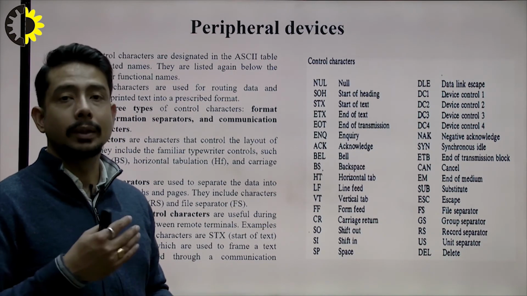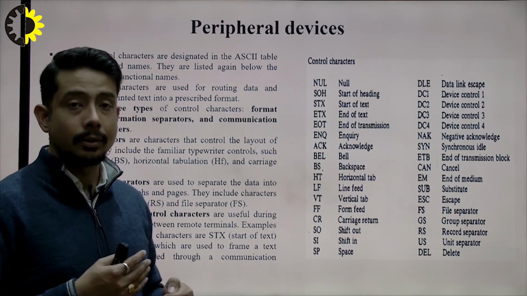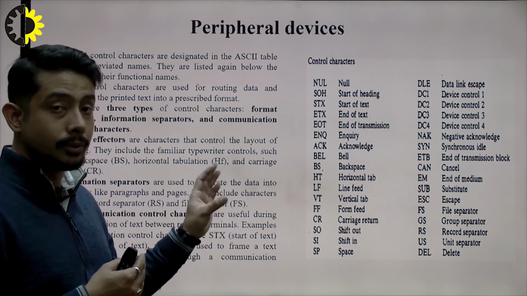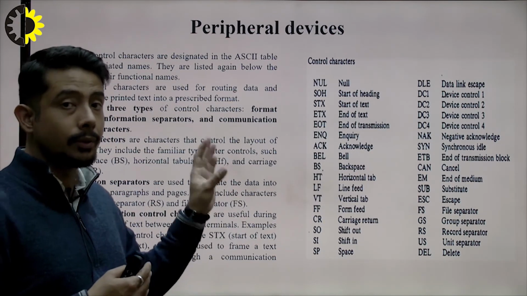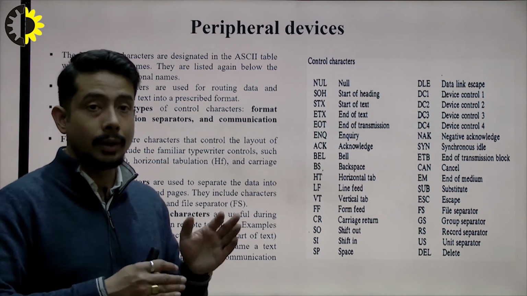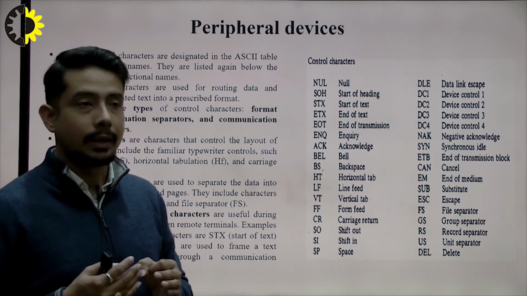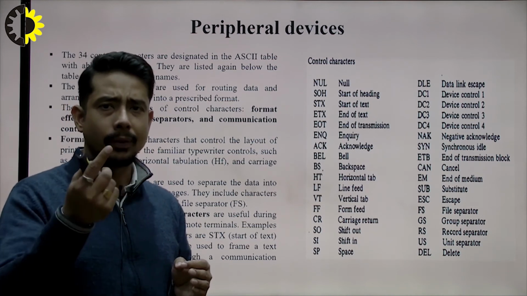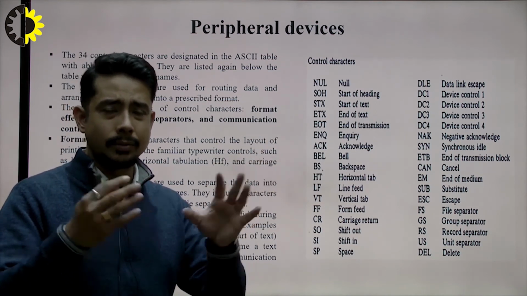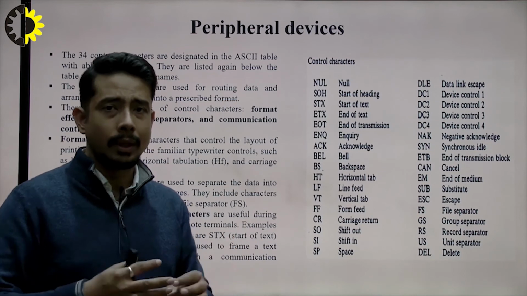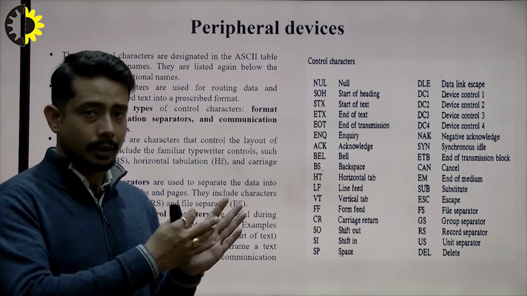Then if you talk about carriage return also, those types of control functions come into format effectors, where you are designing or playing with the layout of the printing part. Okay, now you have gone into print preview, then you discuss the margins and page setup. So those come in the format effectors part.